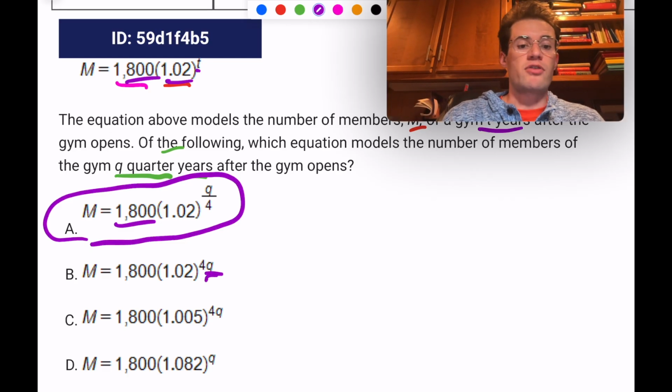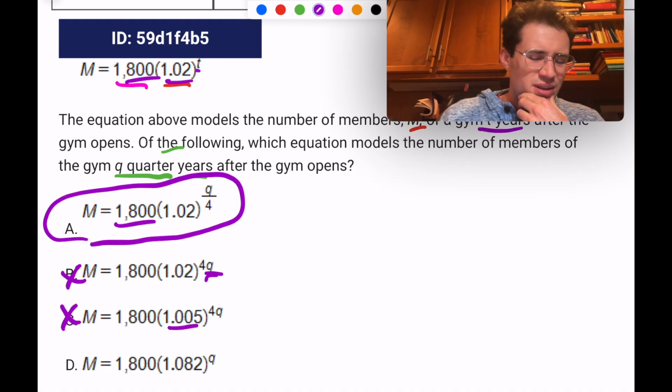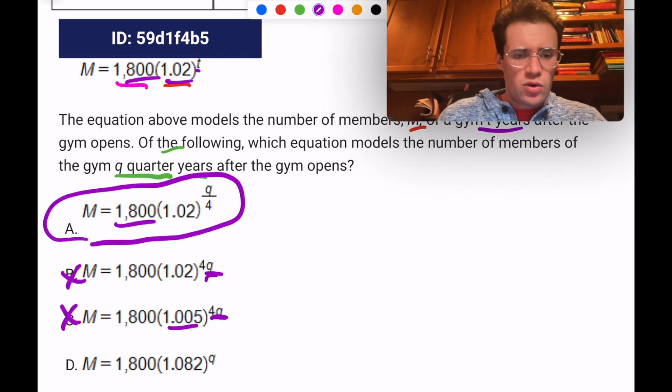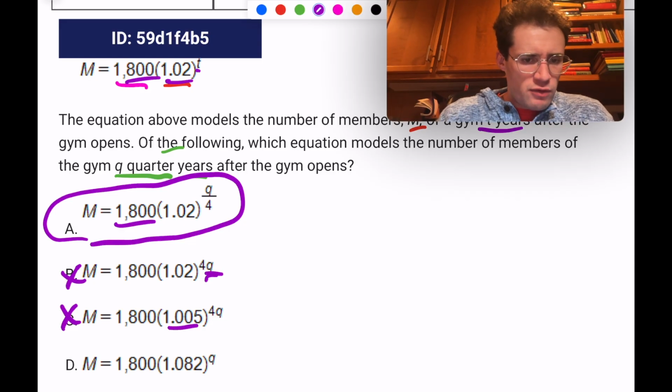So that'd mean that every year that passes, this would be going up by 16. That's not good. Same thing here. Here they just changed the rate. That doesn't necessarily work because you have the compounding growth then. And also, I think then you wouldn't be raising it to the 4th power. It would just be q. So this one, if you took out the 4, it'd be close to correct, but A would be the correct